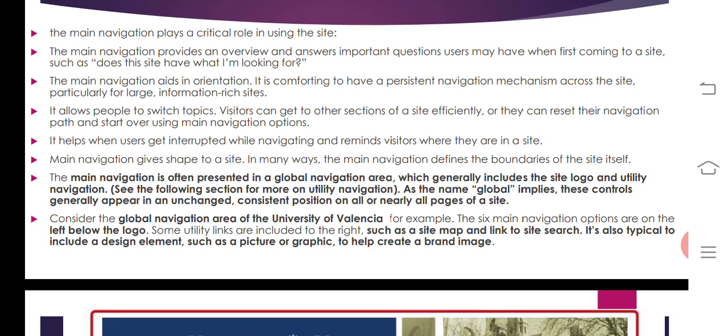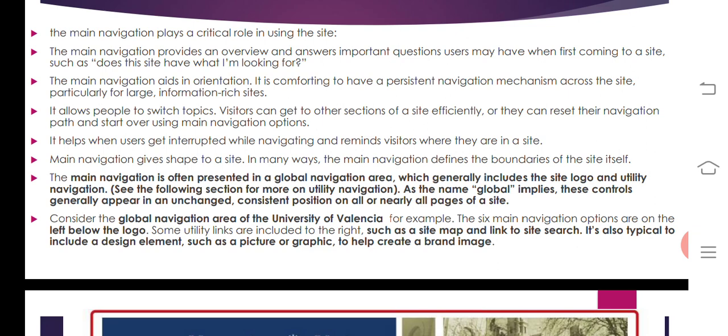One more example is given with the University of Valencia: the main navigation is on the left below the logo, and some utilities are included to the right.